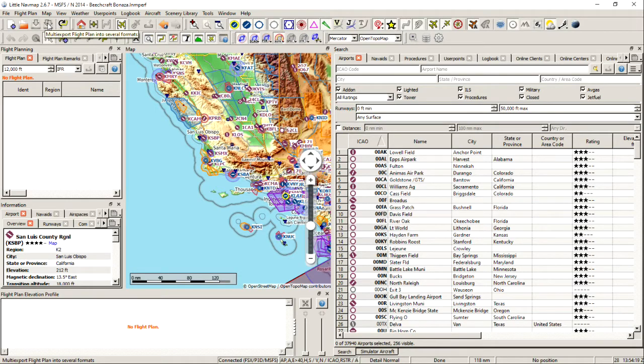And this is a multi-export button to save a flight plan to multiple formats. This is the one that you would use, for example, if you wanted to save it to one particular flight simulator program, you would set that up within the application, then click this button, and it would save it